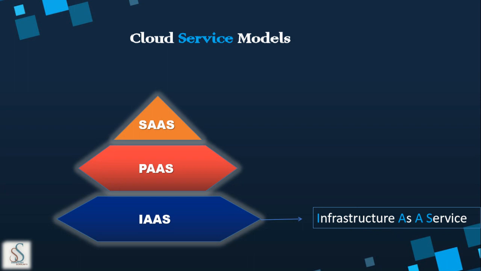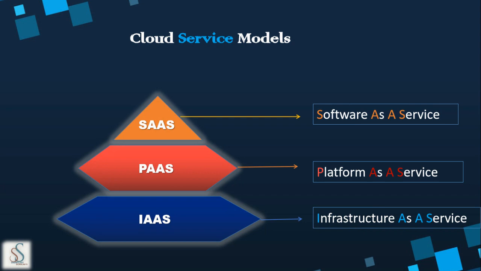And lastly, it's SaaS, software as a service. That means the software which is already built in the past is provided to you as a service by the cloud service providers. You need not build any application. You can just start using it if you want that software. So that is software as a service. Now, hope I'm clear in explaining all these three layers. Let's see examples of each layer here.